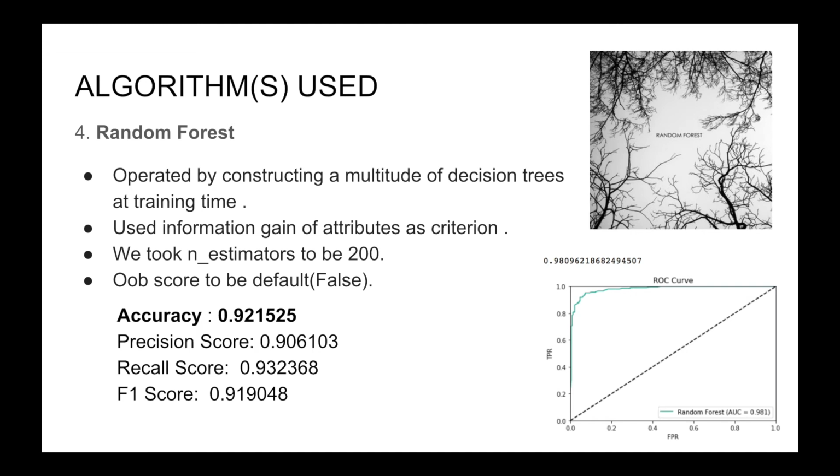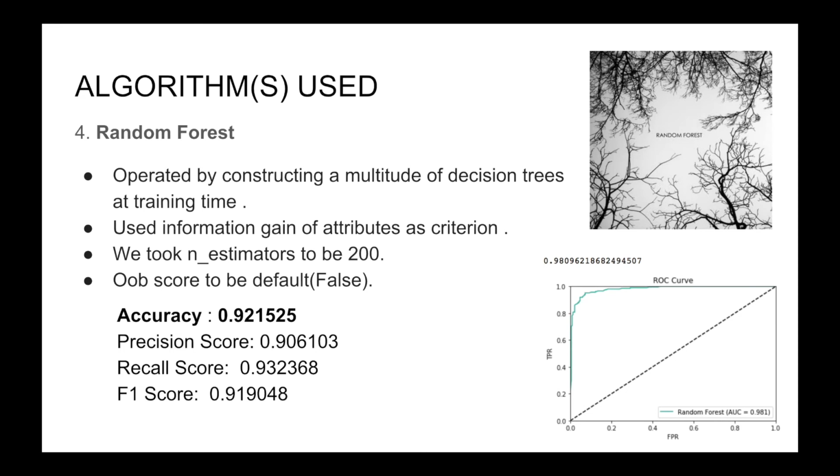After using classifiers such as decision trees and logistic regression to calculate the accuracy on test data, we proceeded with the random forest, on which we have high stakes for the accuracy. Random forest is an ensemble learning method for classification, regression and other tasks that operates by constructing a multitude of decision trees at training time and outputting the class that is the mode of the classes, that is classification, or